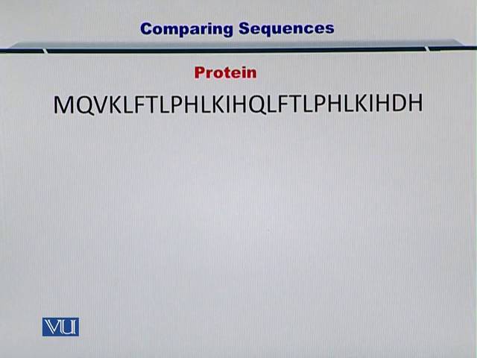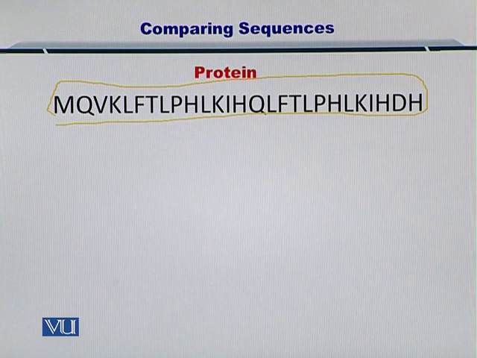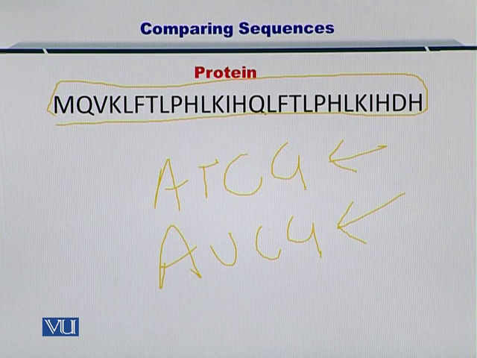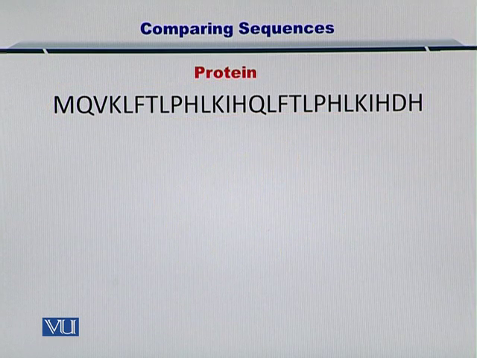Let's consider an example from the proteins. So this sequence is a protein sequence. As you can see, it's composed of 20 different alphabets, probably, and does not limit to A, T, C, and G or A, U, C, and G. So this was the DNA sequence nucleotides. These are the RNA sequence nucleotides. So this is a protein sequence. By looking at this protein sequence, if I ask you to compare